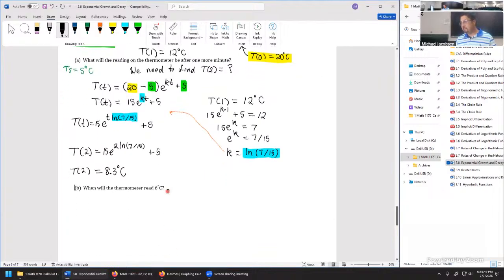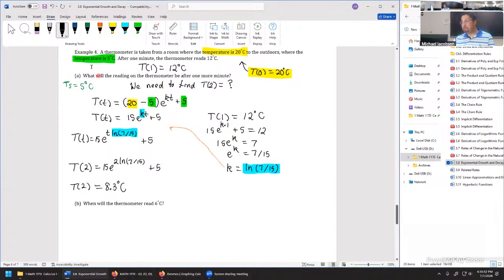And for part B, it's still not a calculus question, but calculus will come up in a bigger way on the very next example. Part B is now just asking the question, when will the temperature reach 6 degrees? It's got to be beyond 2 minutes, and it's getting close to the ambient temperature, so it might be a little bit more than we think. Temperature drops quite a lot at first, but then as it gets closer and closer to the ambient temperature, it takes more and more time to get these values, and 6 degrees is pretty close to ambient. So I'm expecting quite a bit more than, say, 9 minutes, 10 minutes. We'll see what this comes out as.